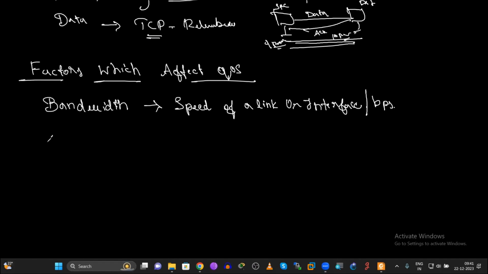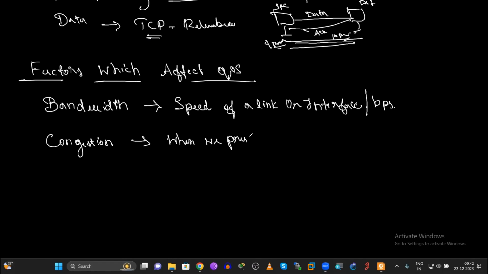The next factor is congestion. What is congestion? Congestion causes delay or latency. Congestion happens when we present more traffic than the link can handle.